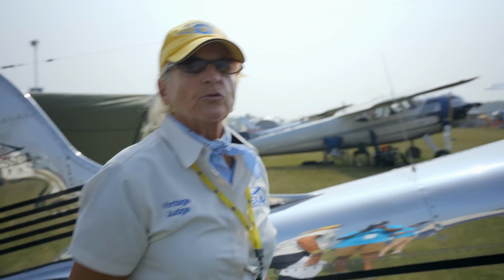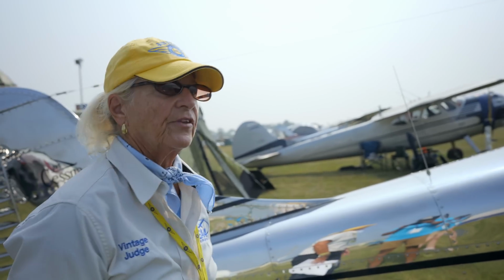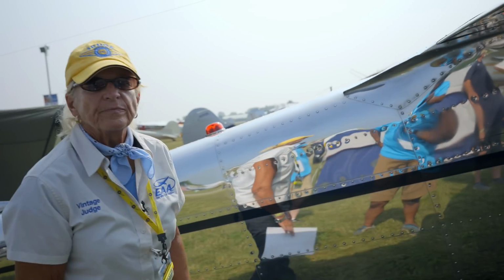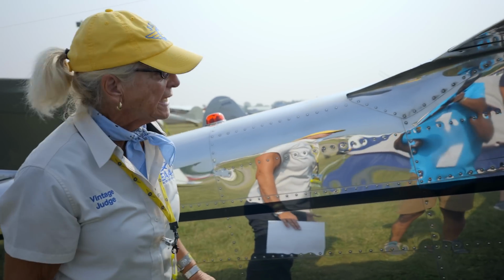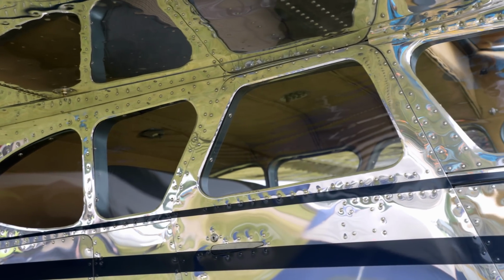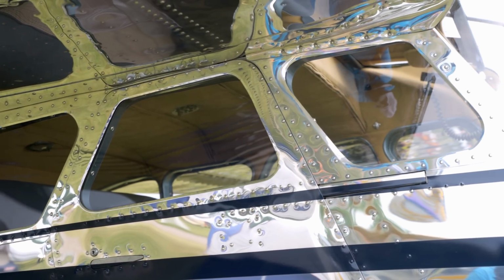Next on the list is fuselage. So I just do a walk around essentially. Checking for hail damage. This doesn't apply, but any fairings that might not fit, cracked windows, discolored windows. And it just looks great. The last thing is